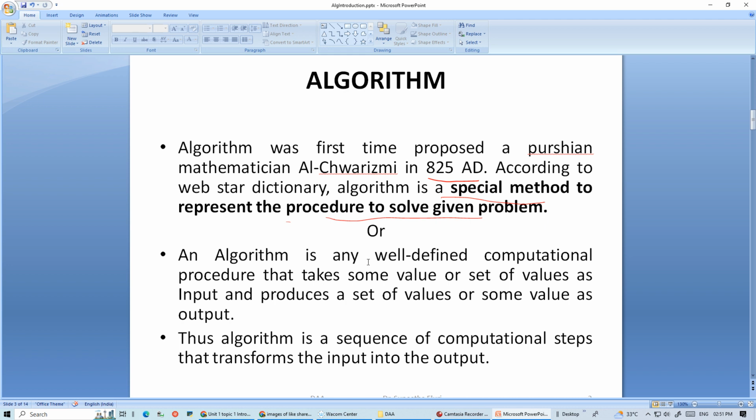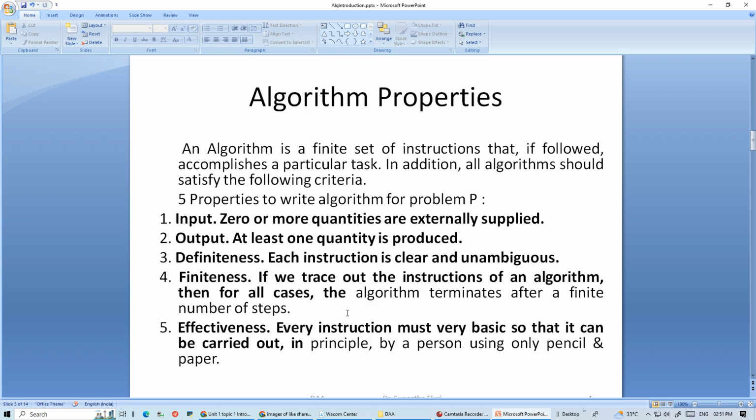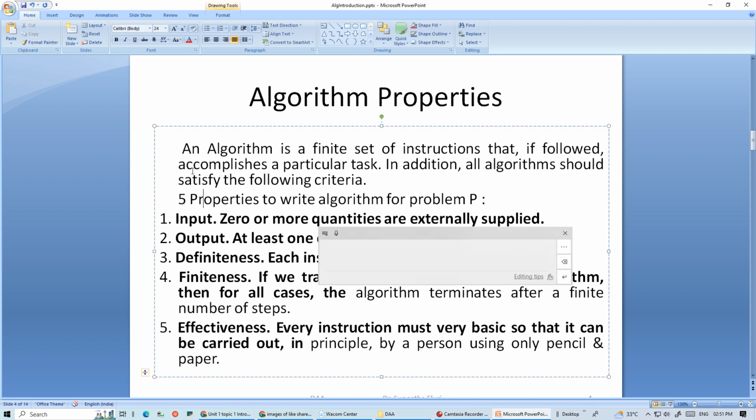The algorithm is a well defined computational procedure that takes some value or set of values as input and produces some value or set of values as output. Hence, the algorithm can be defined as a sequence of computational steps that transforms the input into the output. So, every sequence of steps need not be an algorithm. The algorithm has to accomplish